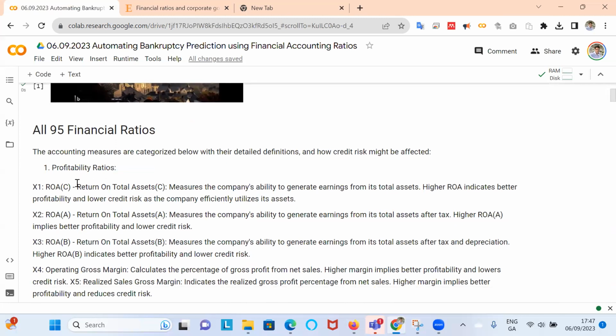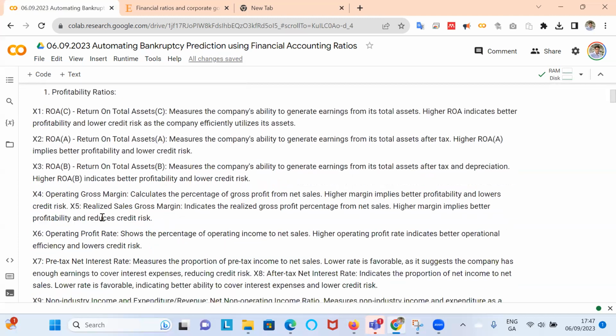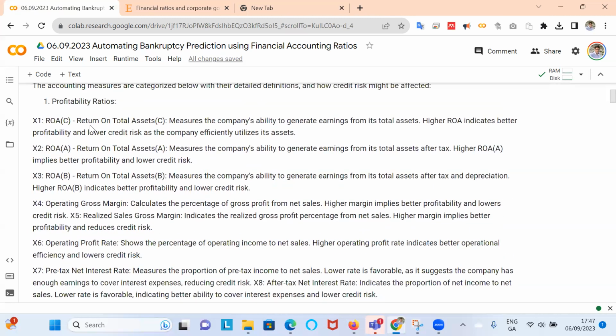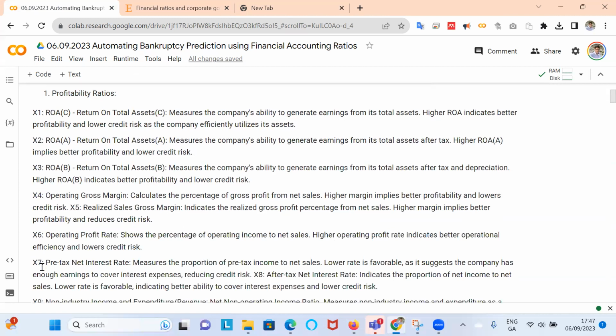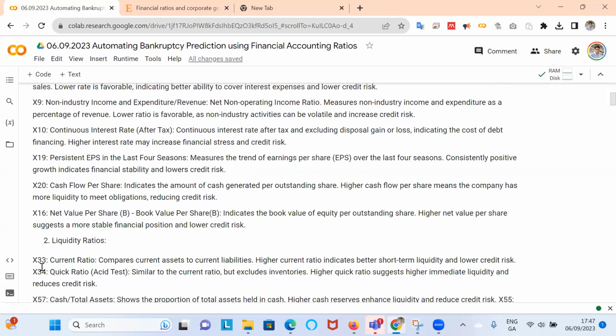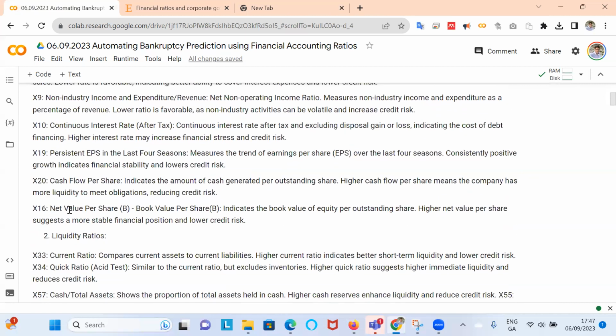And in fact, what I did, I went to ChatGPT, loaded in all the ratios, and asked ChatGPT to come back and organize all the ratios we had into their appropriate categorization. So you'll see here X1, X2, X3, they're sequential, right? But then we have X20 and X16. So this would have been the 20th ratio Kaggle figured out.